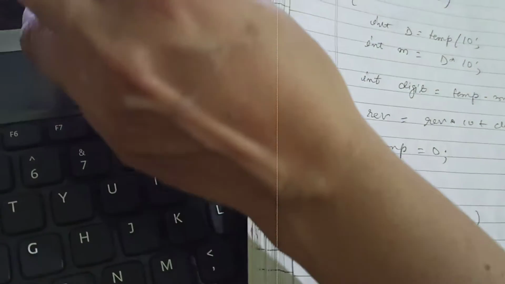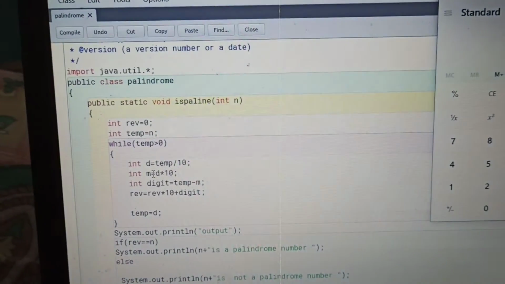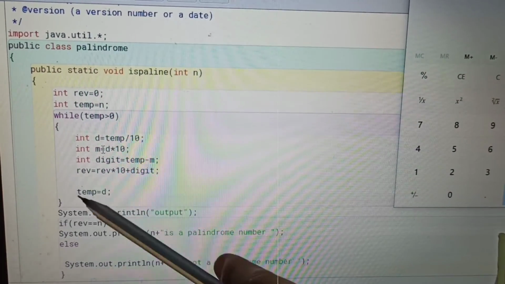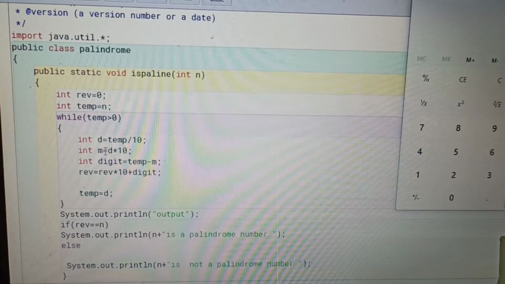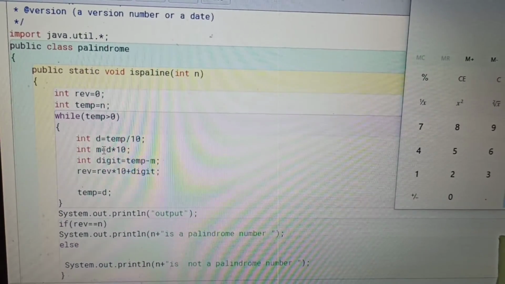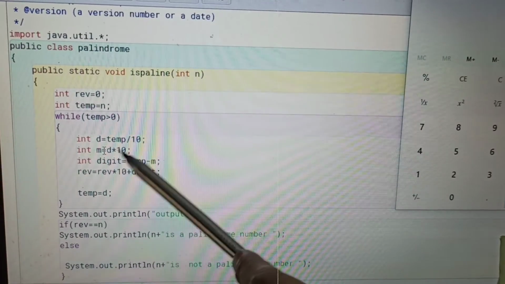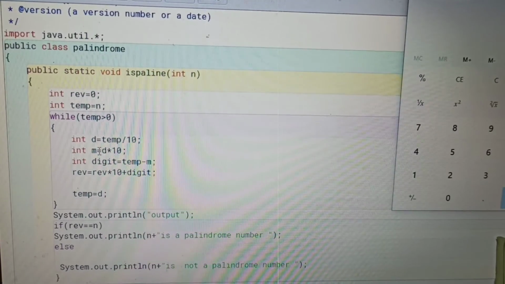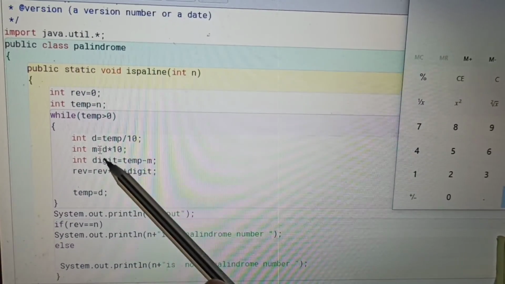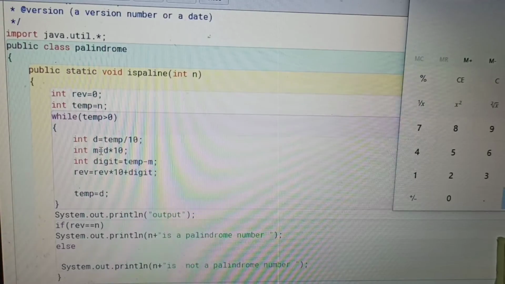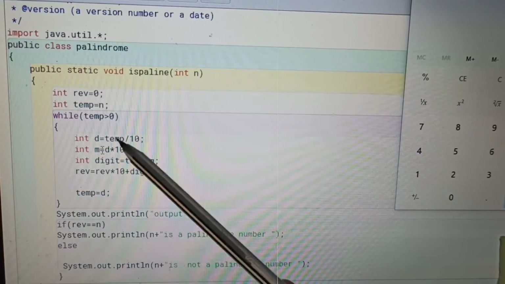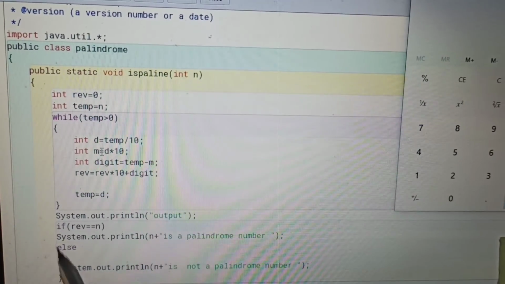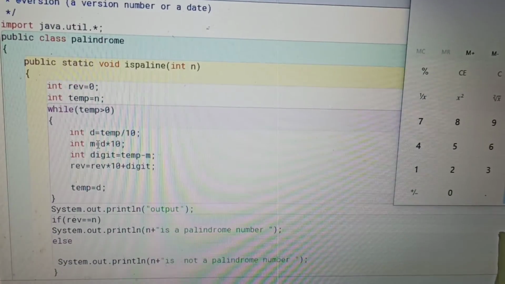Now once again the value of d is 1, so it will divide again. When we divide 1 by 10, we get quotient 0, and 0 into 10 is 0, so the digit will be 1.